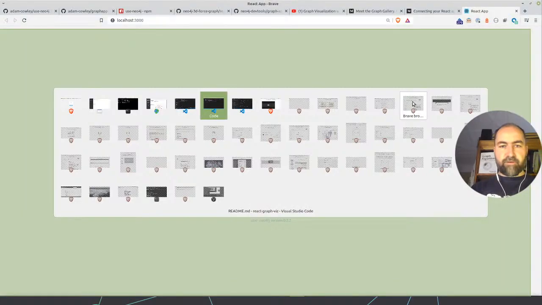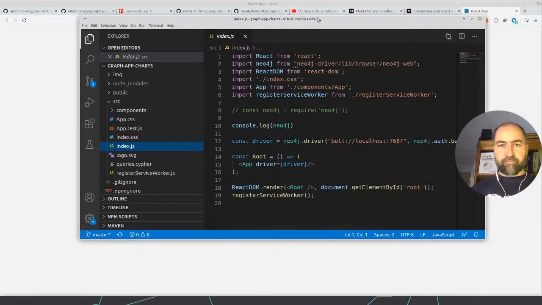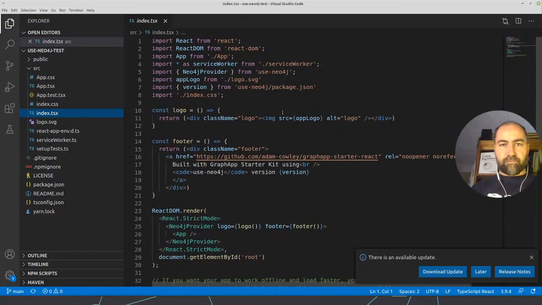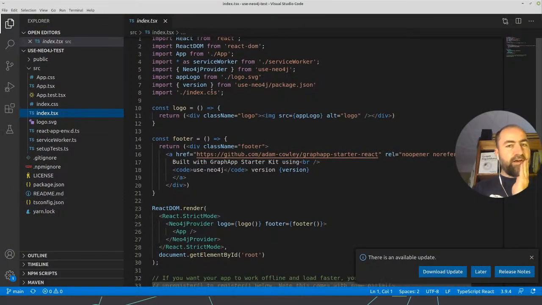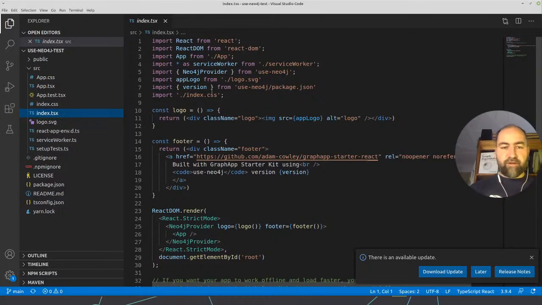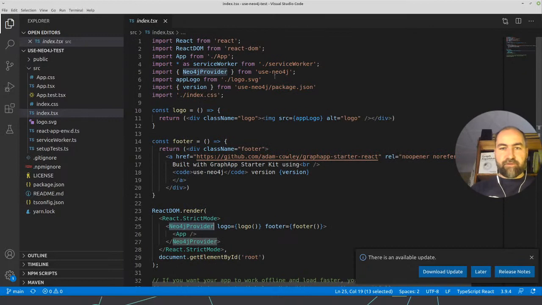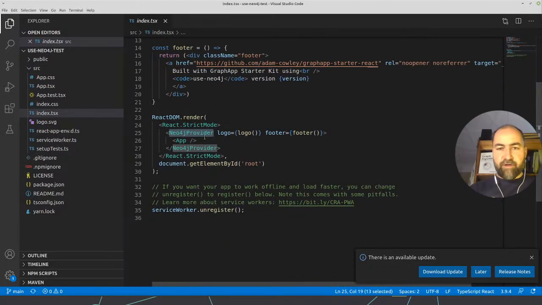If you look at the code of the starter app, oh sorry, that's the wrong one. Yeah, if you look at the code of the starter app, we basically just instantiate or get the Neo4j provider from use-neo4j, which is the higher order component. We can pass in some stuff.